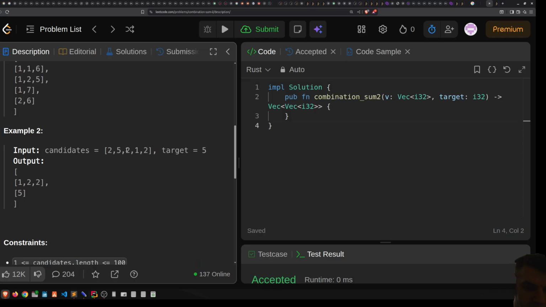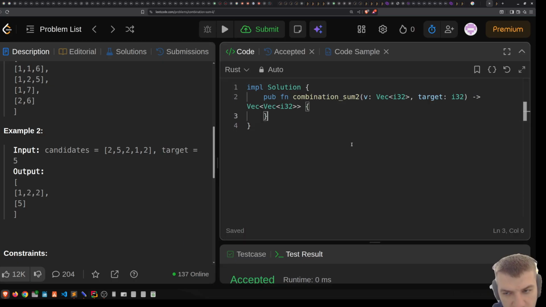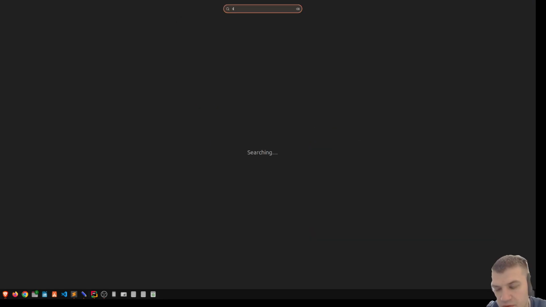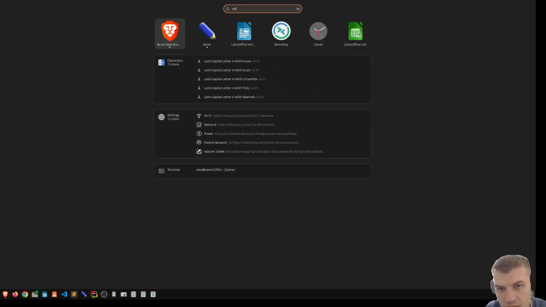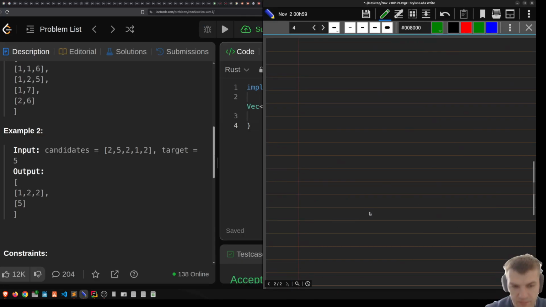Like here there might be 1 2 2, and then 1 2 2 like this one, and then 1 2 2 like this one, but those are gonna be treated as the same and duplicated and should be excluded. So generally this problem can be solved. Now I know 3 solutions for this problem. So solution number 1 was based on